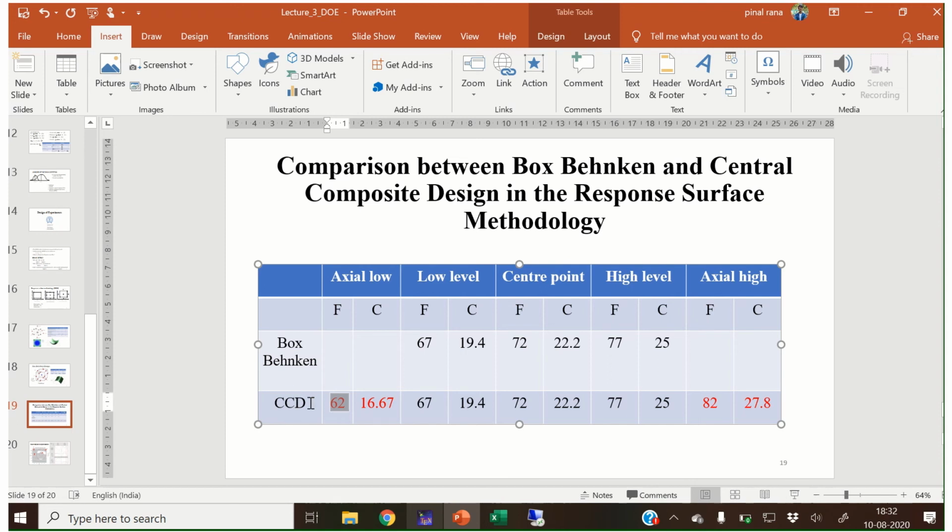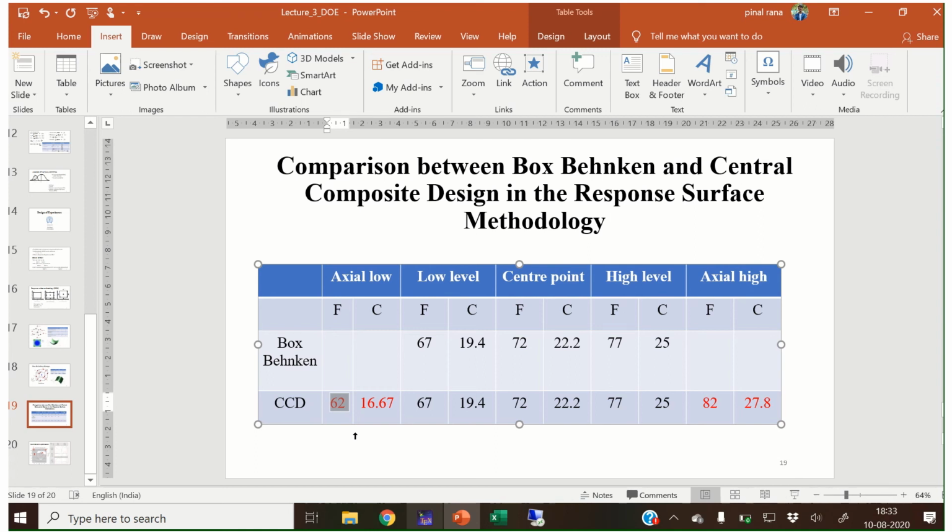So this way, CCD design will give some extra variable, and we have to deal with more number of experiments, which actually do not affect our results, or which will not give us the optimal solution.